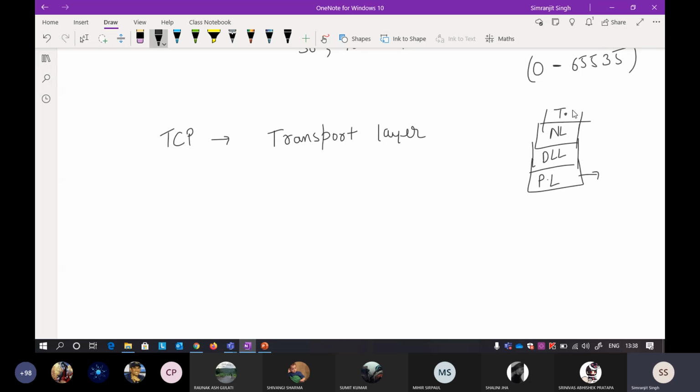Now we are standing at the transport layer. These are the four layers that are the main ones of the OSI model, where most of the functionality happens. The remaining session, presentation and application layers have just a little bit of things. There are some protocols that exist there, but it is not much.